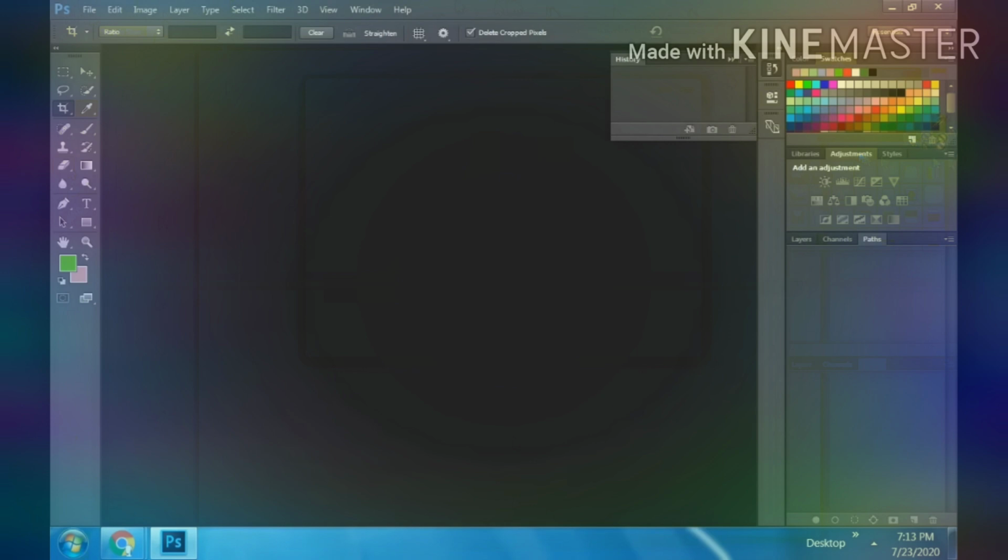Next is the style panel. Here we can see there are different styles. If you want to create your own style, you can create your own style also. And if you want to select an already existing style, you can select that. Selecting it like this, you can apply styles.